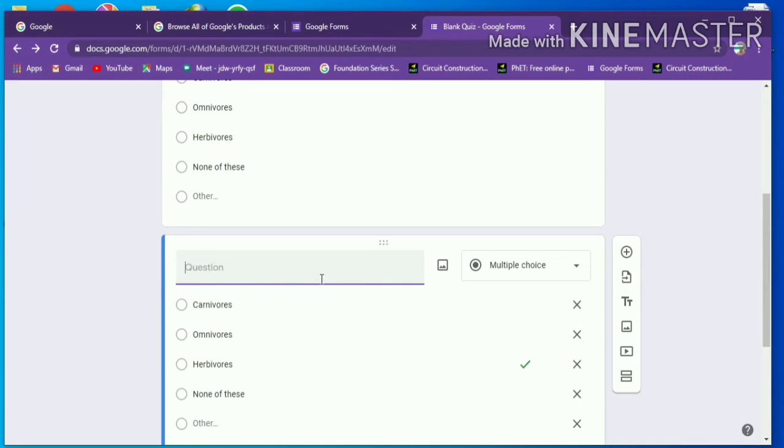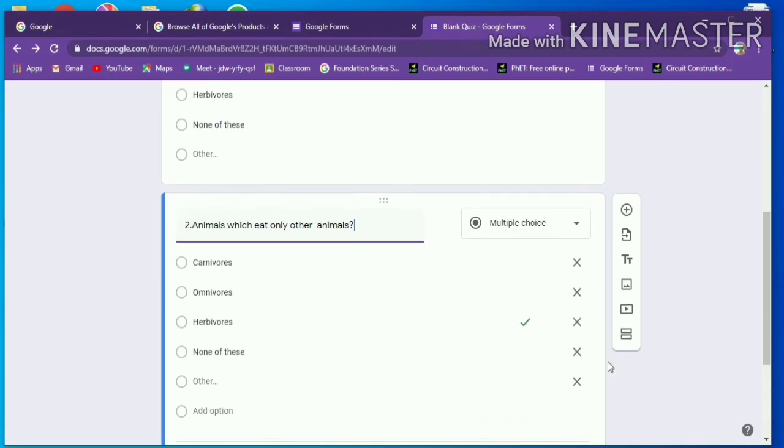Now I am going to type the next question. I have typed the question, animals which eat only other plants.